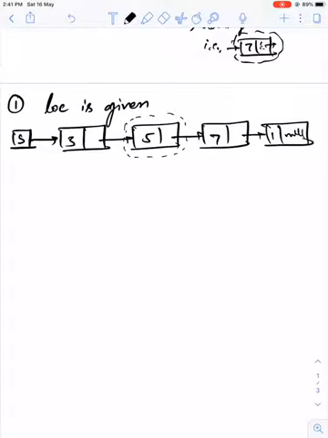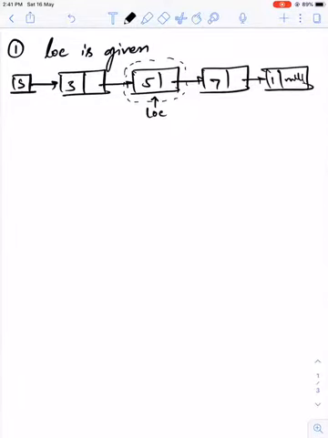Okay, it means he will give you the location of this one, the address of this location. Like he will give loc, this is the node. Then you have to delete this loc, this location. So there you will give the location address, which will be this node. You have to delete this node. Okay, so let us look at the different parameters